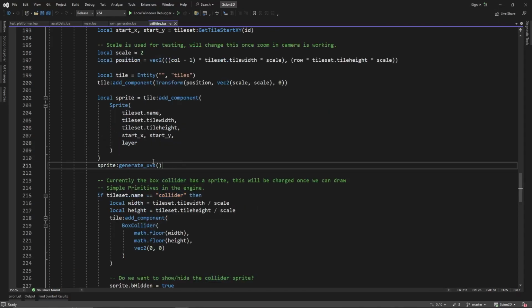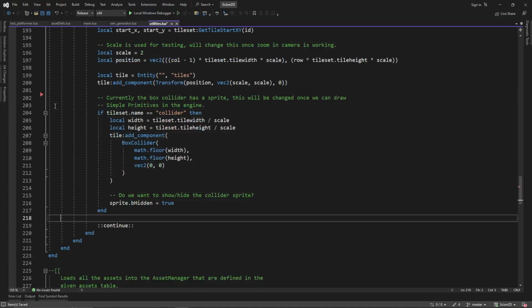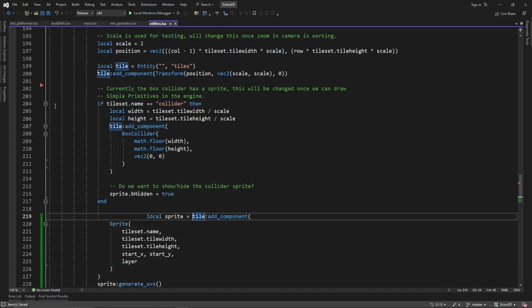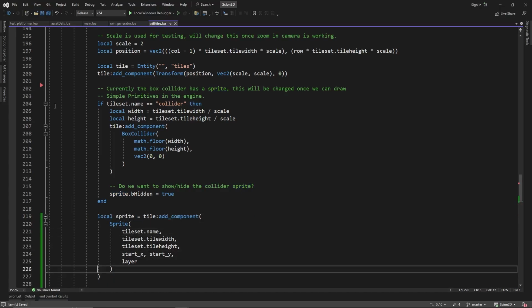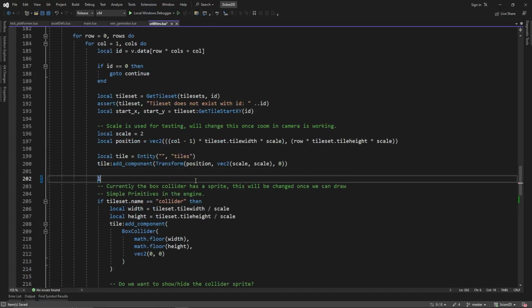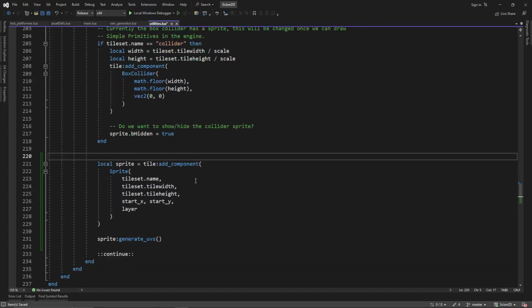We're going to move our sprite generation down. Let's take this out, bring this down to the bottom. And we're going to put that here. We're also going to add in a flag up here. Right before we do this stuff, we want to go local bIsCollider and set that equal to false for now. And then down here, if it's not a collider, that's when we'll create the sprite. So if not bIsCollider, then